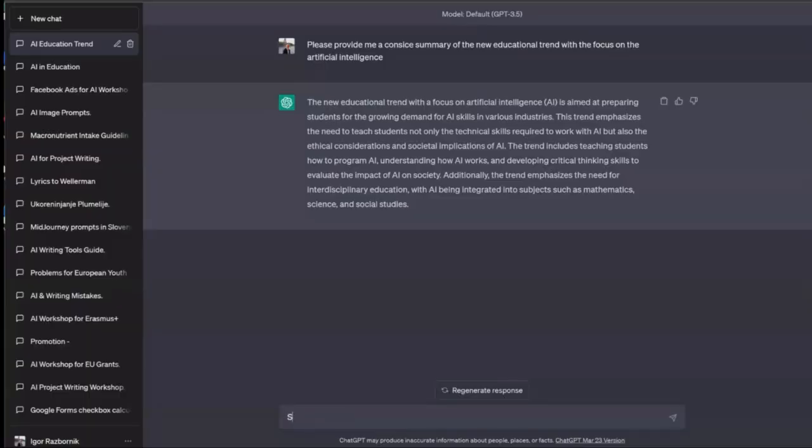So, suggest a packing list for a trip to Porto in February. Let's see how we will deal with that. If I can take only one bag on the plane.